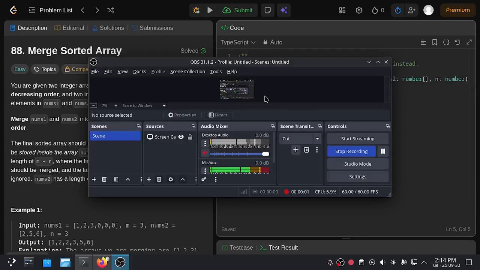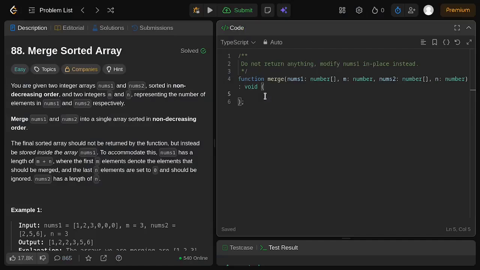Hello everyone, I'm Alfian and today we are going to solve the LeetCode challenge number 88 called the merge sorted array. For this particular challenge, we are given two integer arrays, which are nums1 and nums2,